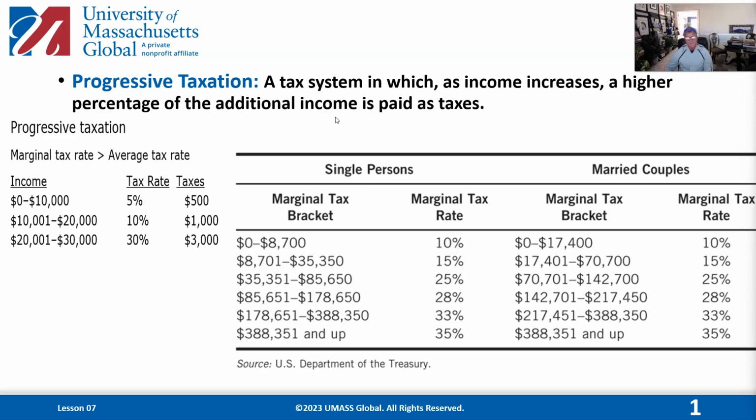The other person, when he gets home from his first job, goes to his second job. He spends less time with his family. Maybe has more health issues because he's working so much. But he's now making $40,000. Ideally, 10% of $40,000 would be $4,000. He would write a check for $4,000. But our system says the more you make, the more you pay. So instead of paying 10%, for the sake of rounding, let's say he pays 20%. So now instead of paying $4,000 in taxes, he pays $8,000 in taxes.